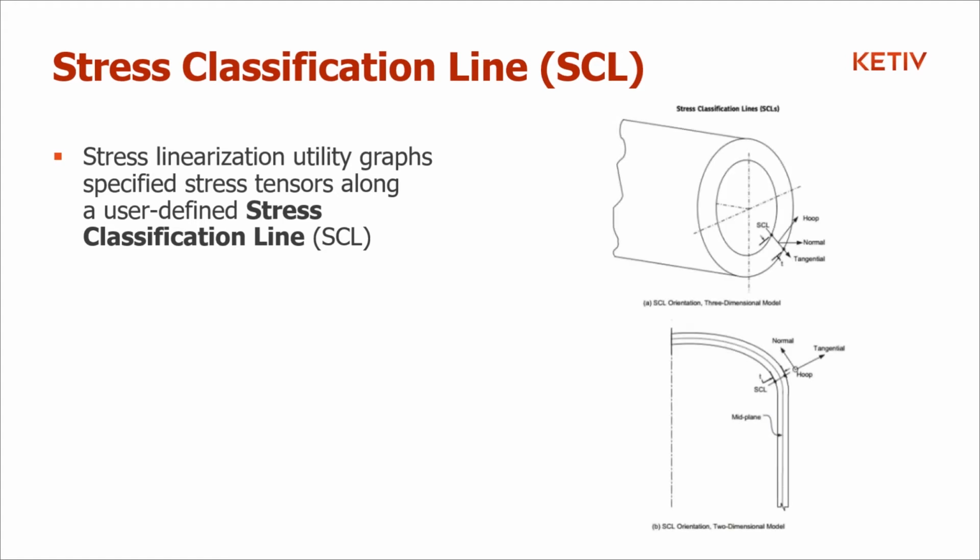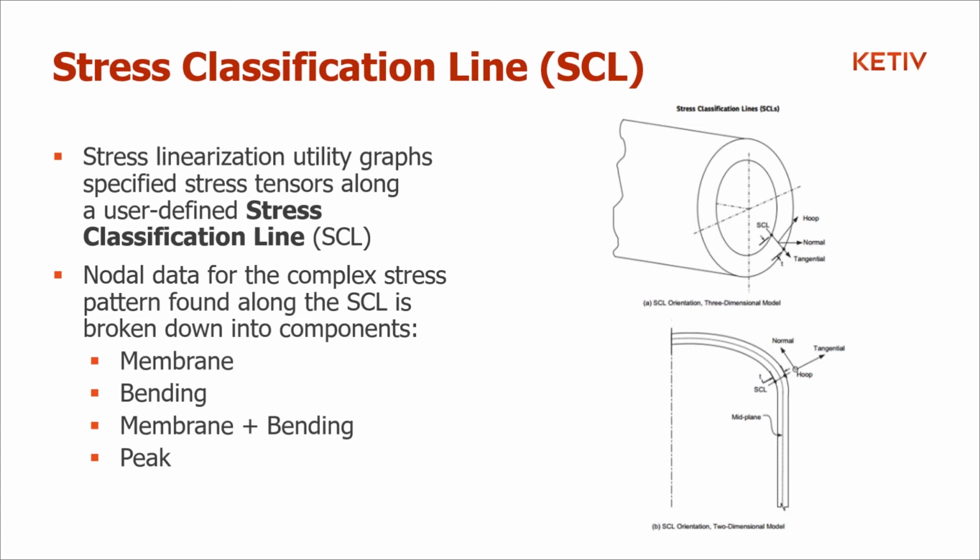FEA provides the raw stress data at nodes along this line. What the stress linearization tool does is it takes the nodal data for this complex stress pattern and breaks it down into components. So those components, as we mentioned already, are membrane stresses, bending stresses, membrane and bending stresses, which is the sum of the two numbers, and the ASME